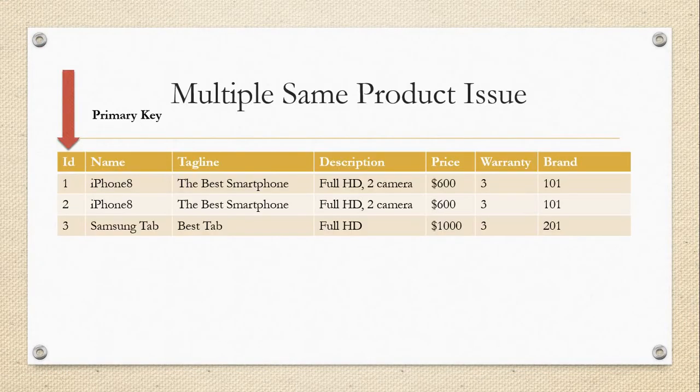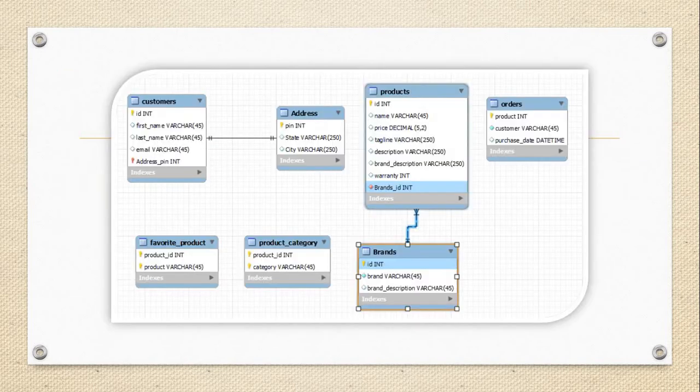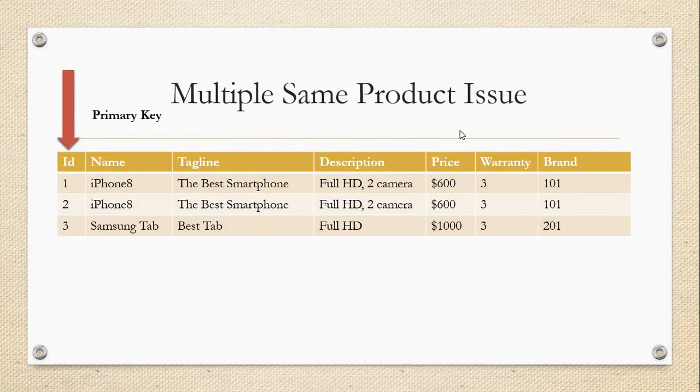What is the problem regarding that? See, when we pass the ID, there is the multiple same product issue. Assume these are multiple products, then how will I identify each one? We all know that each product has a unique key, a unique number, like the IMEI number in a mobile, or the MAC address in other devices. By using that unique number, we can easily identify the particular product. Here we get multiple records.